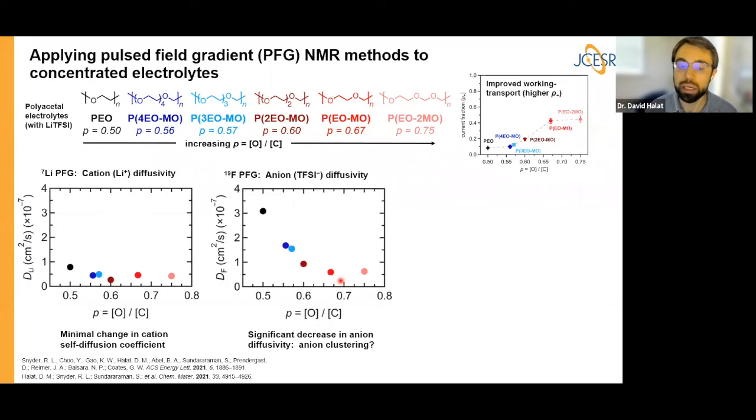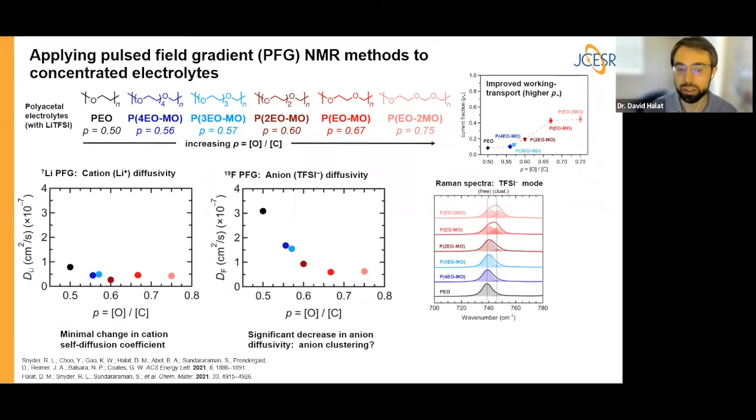So on its own, PFG was not enough to confirm the relative mechanism of ion transport. So we had to turn to Raman spectroscopy to corroborate our suspicions here. And what the Raman spectra show is an additional feature corresponding to anion-rich clusters that form in the most promising materials, shown here in red and pink. And ultimately, from this complementary approach, we're able to say that the increase in the current fraction is likely tied to formation of these anion-rich clusters, which PFG NMR tells us are moving more slowly, meaning that the cations, relatively